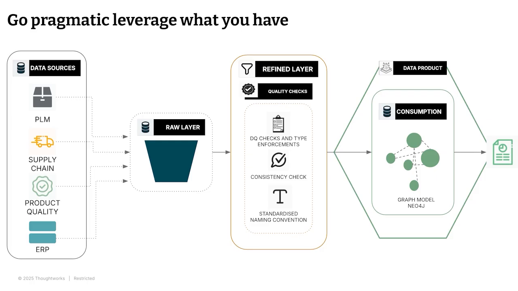What we did was, for the final layer, which is the consumption layer, we built their very first data product. It brought together all of the different data points sitting there and built in quality and security. As I said, this data was a trade secret for them, and they could not expose it to each and everyone, even within their organization. So with a graph-like structure, we associated nodes to specific users who have the visibility of that structure and the structure below. And we built all the DATSIS principles that I talked about into this data product.